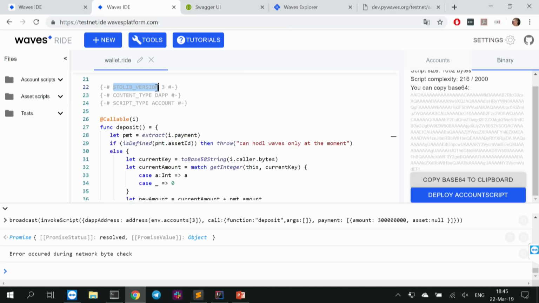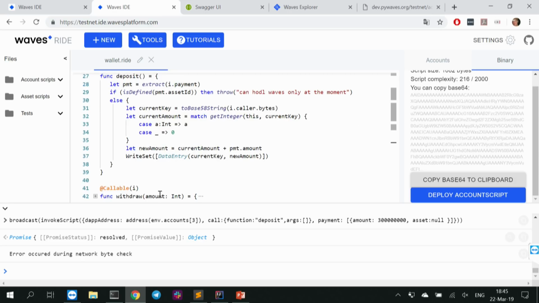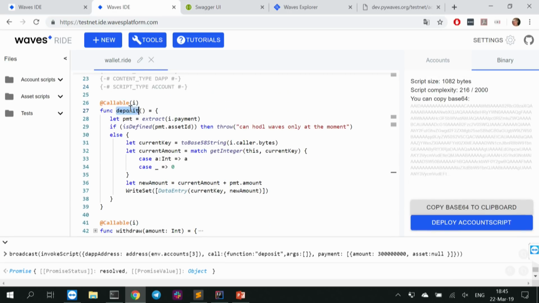All right. So these are, how do you call it, directives for the compiler that you use library version 3, and you're building the app. It's an account. We'll get to it. So we have a function deposit that accepts payments.